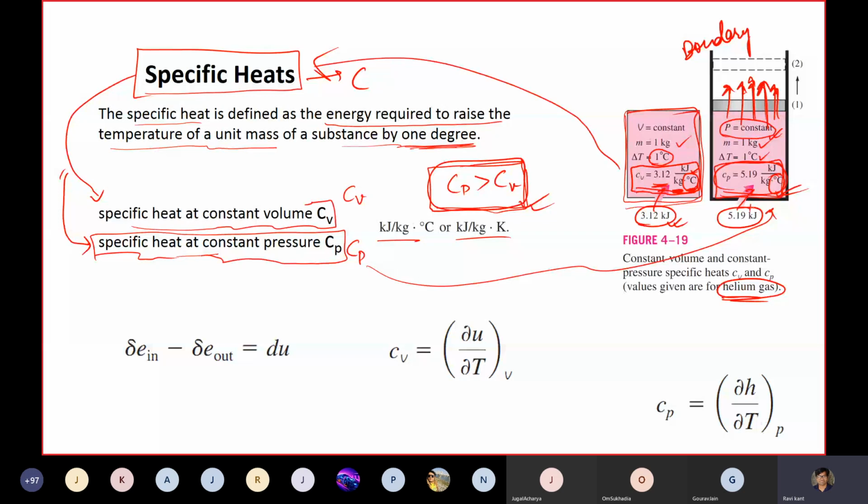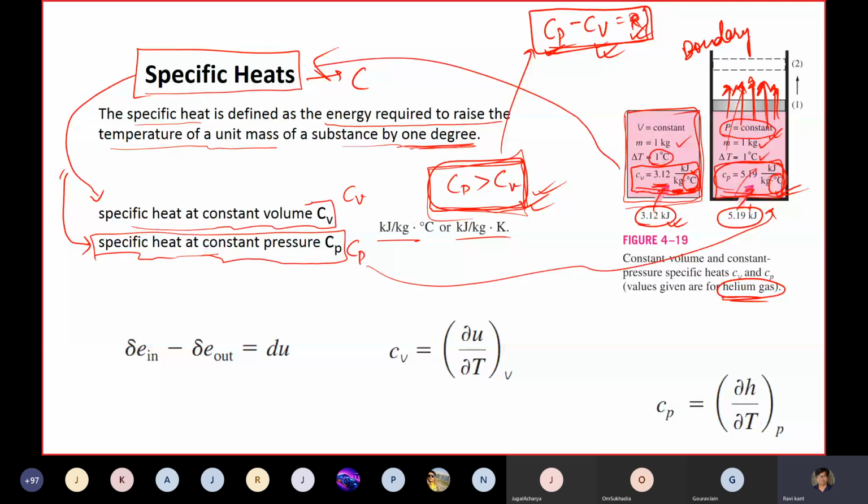So that is why Cp is greater than Cv, and there is a relation: Cp minus Cv is equal to R. We can see that in later slides. Here it is also obvious that Cp is higher than Cv because R is the gas constant, a positive number. So that relation also tells you that Cp would be higher for any substance. These kinds of questions you may also expect in your interviews. They are quick questions, but you should know why.